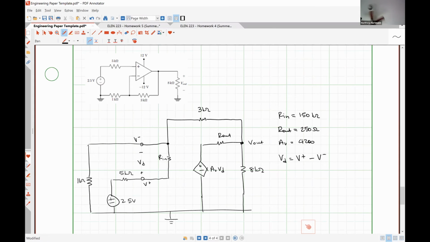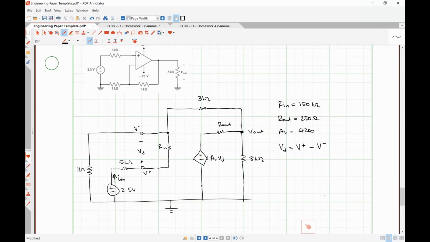All right, so if I am not mistaken, the question that you have is with regards to the input resistance, right? Yeah. And the little r in. So the input resistance seen by the 2.5 volt source is going to be that 2.5 volts divided by whatever this current, I'm going to call it I in, is. All right, so that's going to be